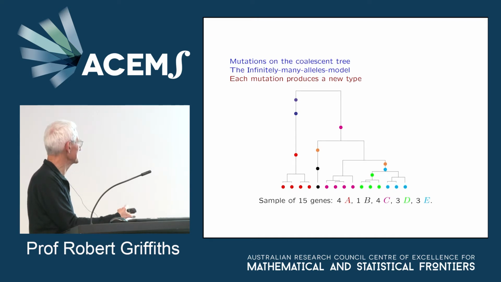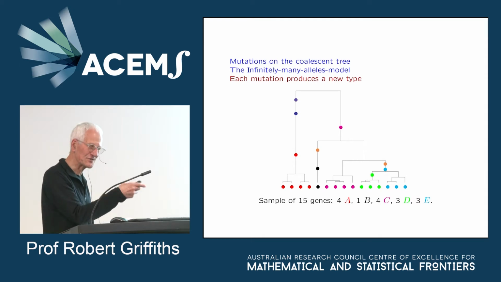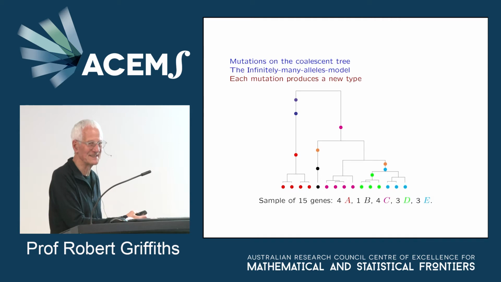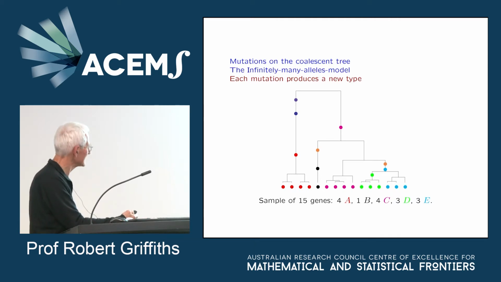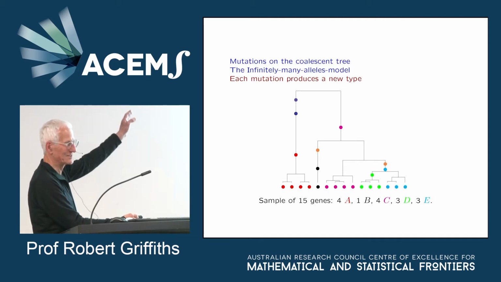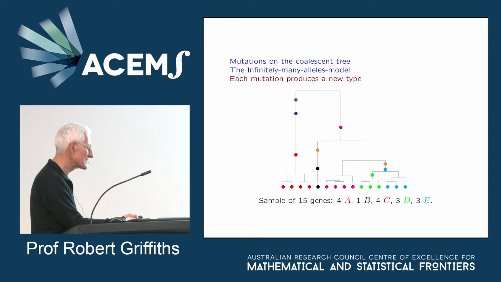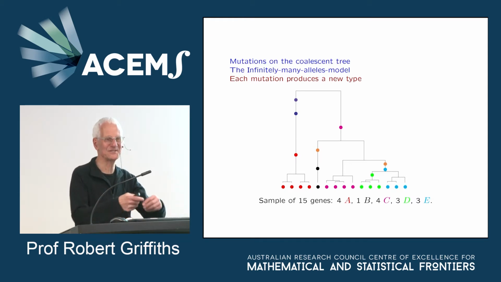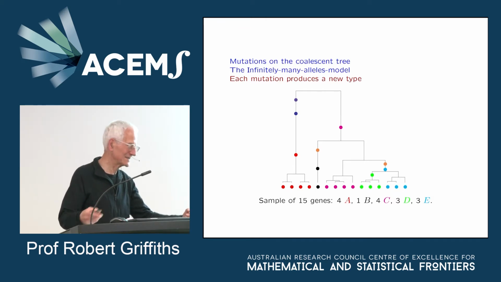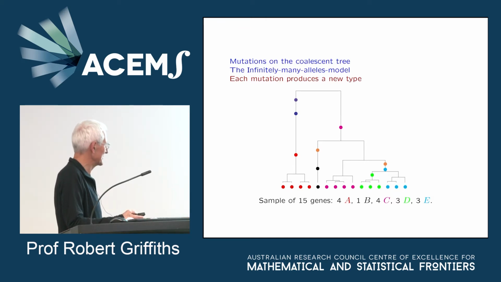Technically, these mutations occur at rate theta on 2 along the edges of this coalescent tree, if you fix the edges. So you can think, oh, you put them on according to a Poisson process on the edges. You're probably used to Poisson processes on a line, but this is a Poisson process on the edges of a tree.